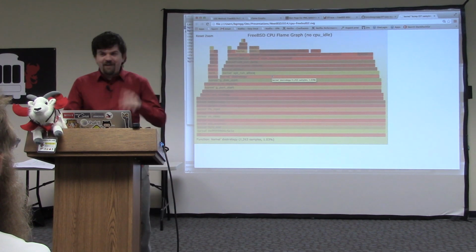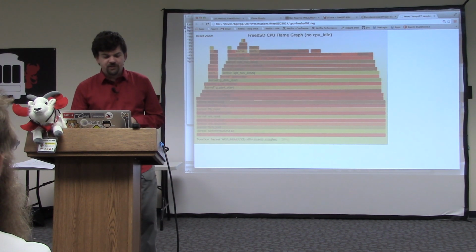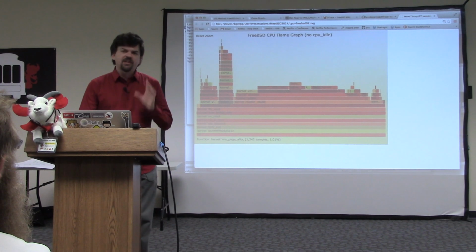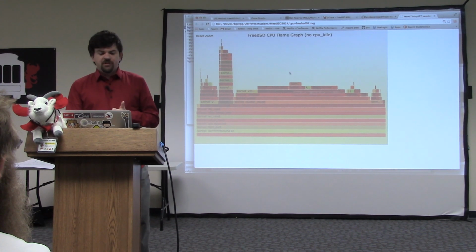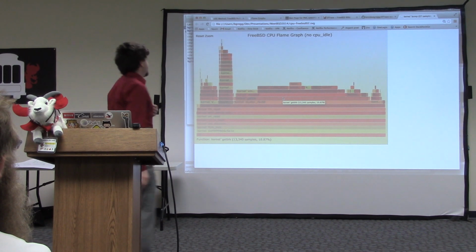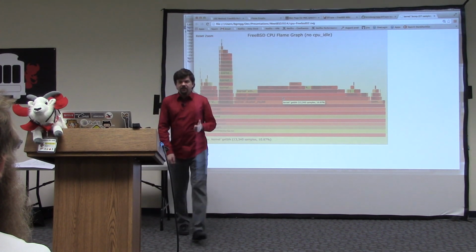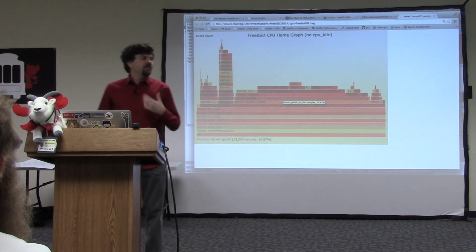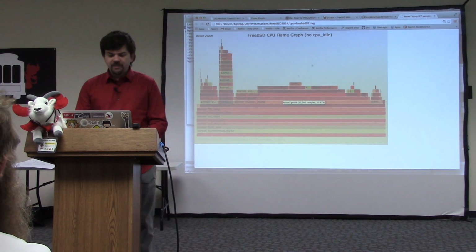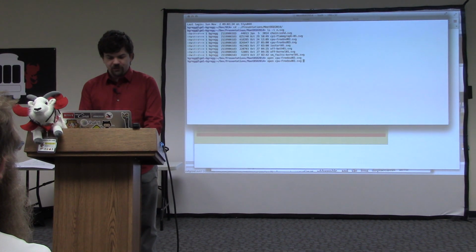So you can navigate around structures and not just see what's active, but also see how active it is, how often it's on CPU. And as a performance engineer, I like it as well because I just mouse over areas and it immediately gives me the percentage so that I can quantify speedup. So that's a flame graph. That's really cool. And one other flame graph I just wanted to show is the CPI flame graph,